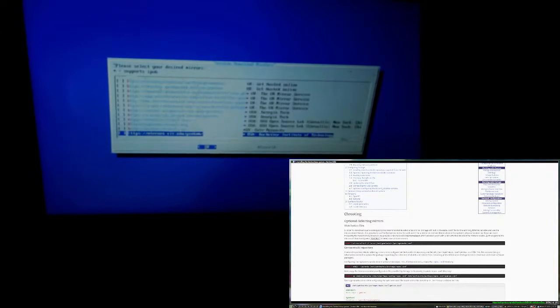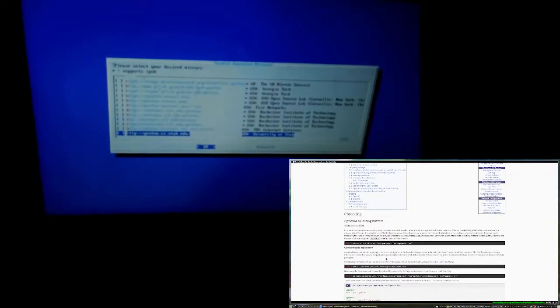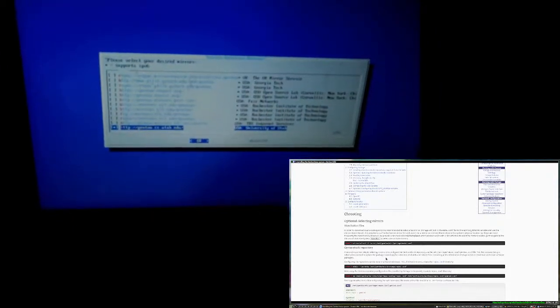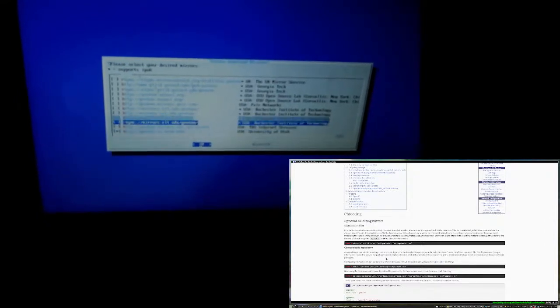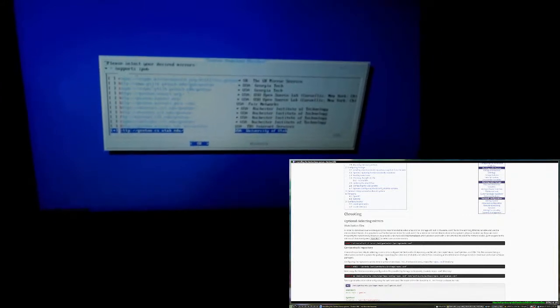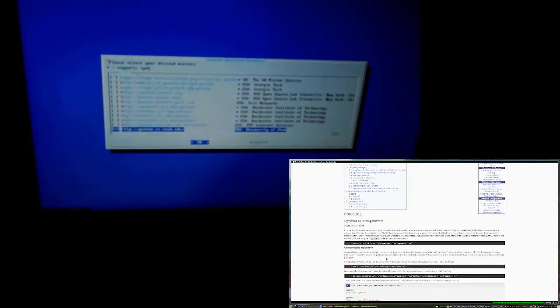USA, USA. I think I'm gonna pick the Utah one for some reason. Can't fathom why. One or more. Oh, yeah, we'll go with that one. And then